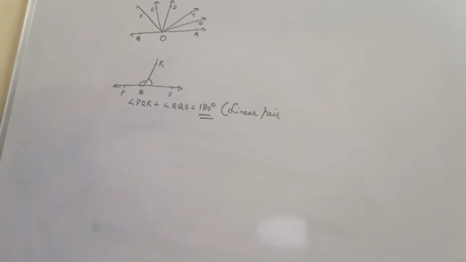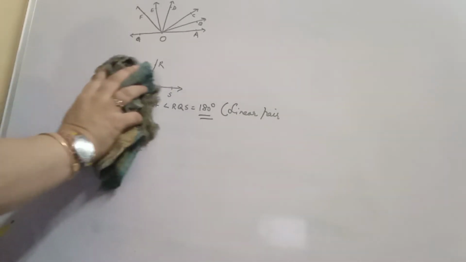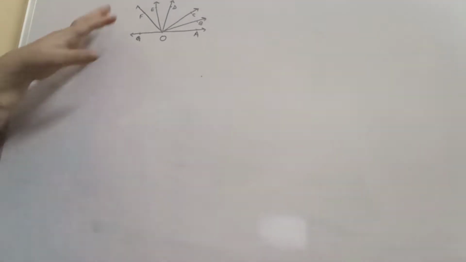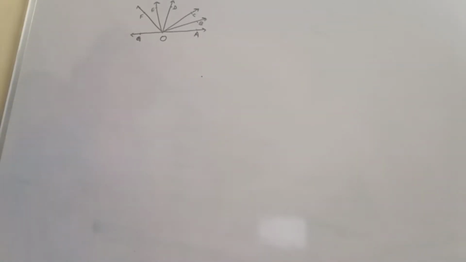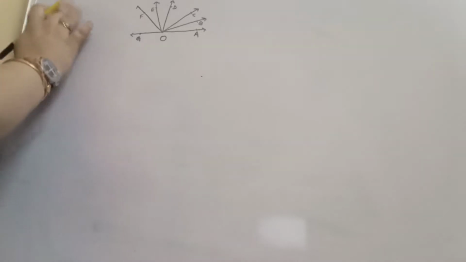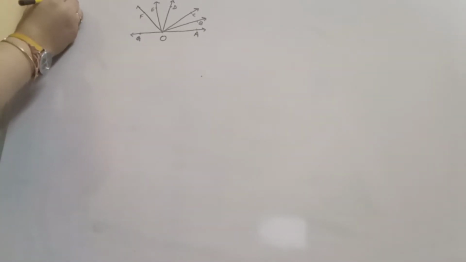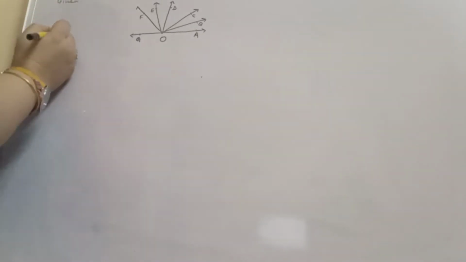So this we discussed earlier also. In this question we will have different angles because there are a number of rays standing on the line. So how to use angles, how to recognize different angles, how to derive answers from the given angles, all this we will discuss in this section. So first of all, I will go through what is given to you.